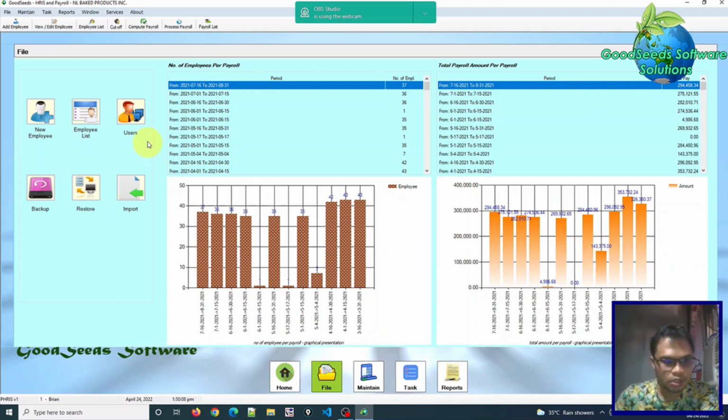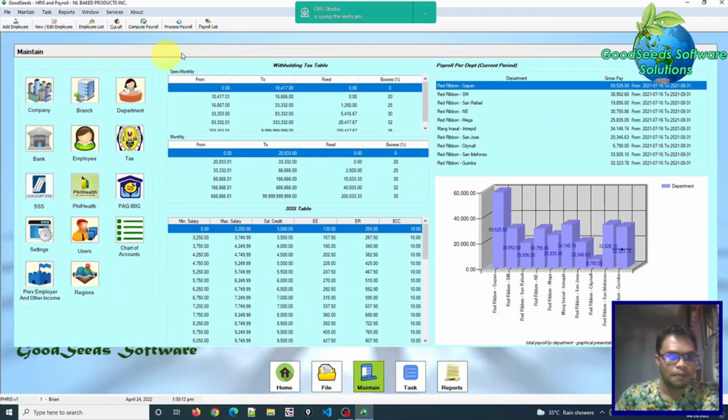Next we have the maintain menu. Included in the maintain menu are the reports, list, and graphical analytics. Using this maintain button, all these functionalities are settings that are required for all payroll periods, not only related to a specific payroll period.